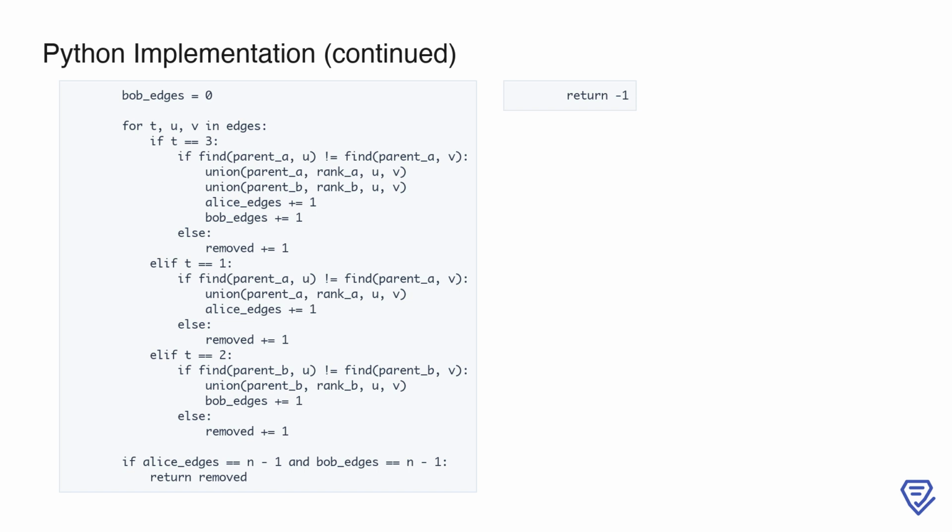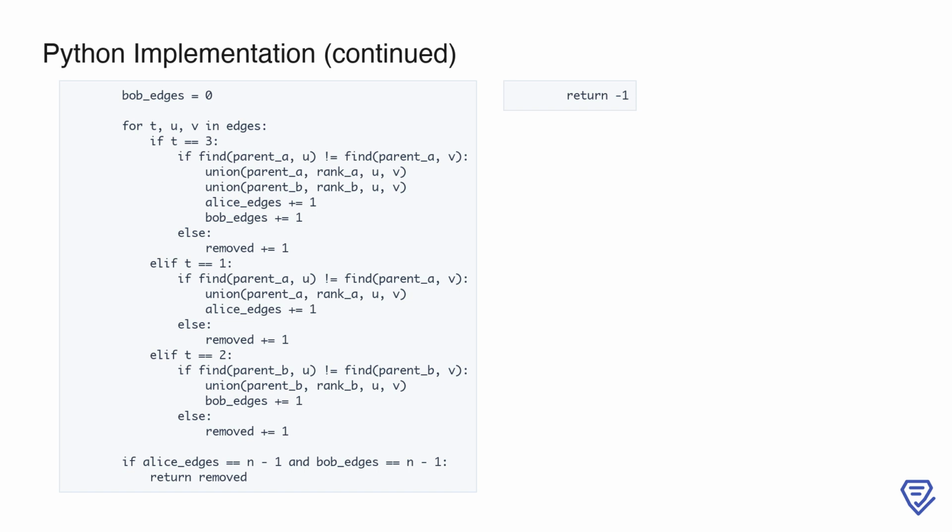For type 1 edges, which are exclusive to Alice, we check if the endpoints are already connected in Alice's graph. If not, we connect them and increment Alice_edges. Similarly, for type 2 edges, which are exclusive to Bob, we perform the same check and update for Bob's graph